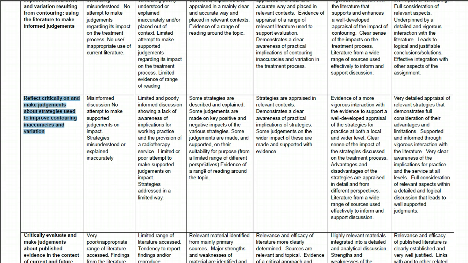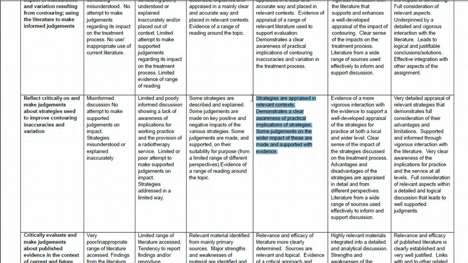So again, if you're looking for a pass, so a 50 to 59, I want you to describe some strategies and explain them, making judgments about the key positive and negative impacts of the various strategies. Some judgments can be made, and you need to support your judgments with evidence. If we're looking for a higher grade,